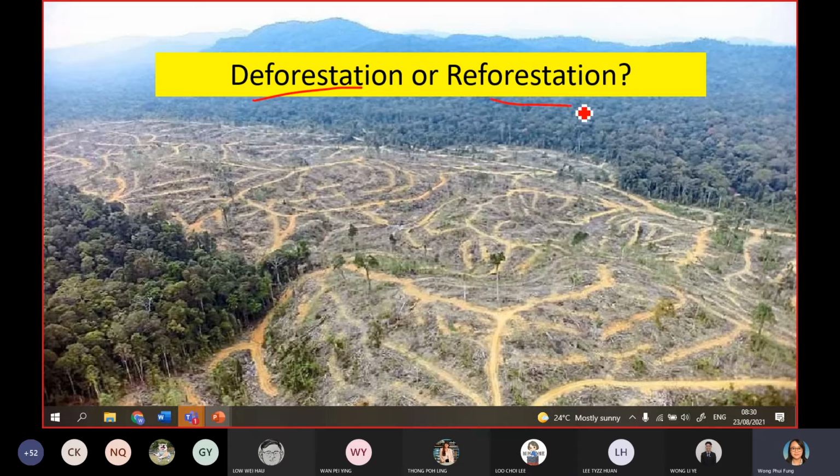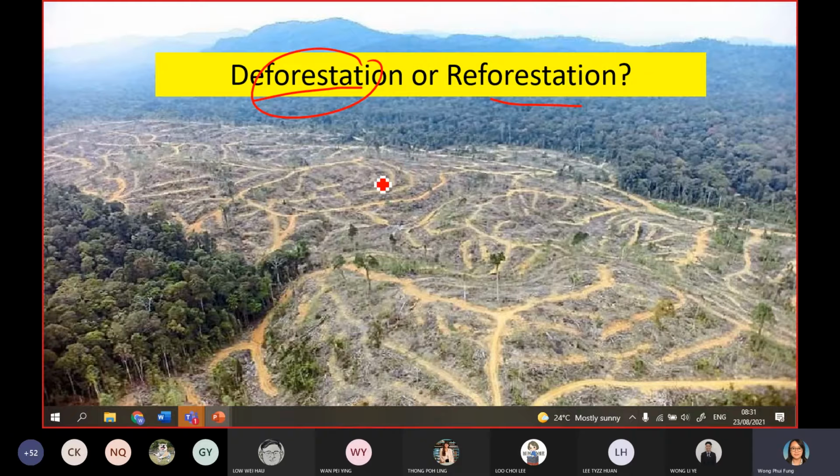Deforestation or reforestation. Of course, the first one, we kickstart a property development, we clear the forest, just like this picture, that is a form of deforestation. But think about it, when we clear away the forest, do we build back the same area of the forest back? If we clear away the important habitat to all these animals and insects just for our own house, do we actually build back the house for them? That is a question for you to think about.